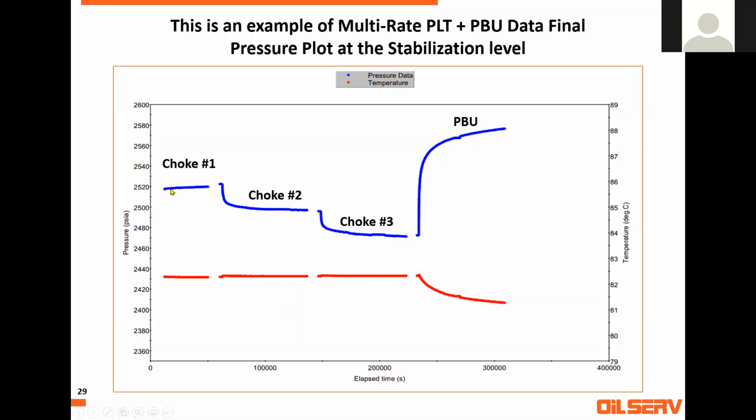Okay. The blue curve is the pressure. So your well has been choked. This pressure level is less than this one for sure, and this pressure is less than this one and this one. What does that mean? You decreased the choking of the well.